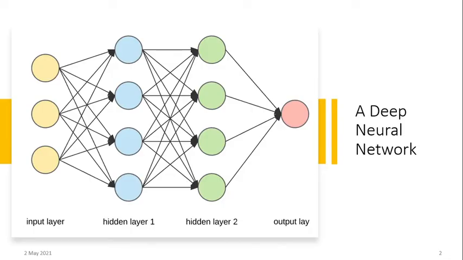So let's first understand what a deep neural network looks like and what the major components of this deep neural network are. The very first thing is the input layer where you will pass the data, or you can say input data. Now we have one output layer, right, where you will get your final output. And in between we have hidden layers. Here, just for example, we have given two hidden layers, but in a deep neural network there can be n number of hidden layers in between.